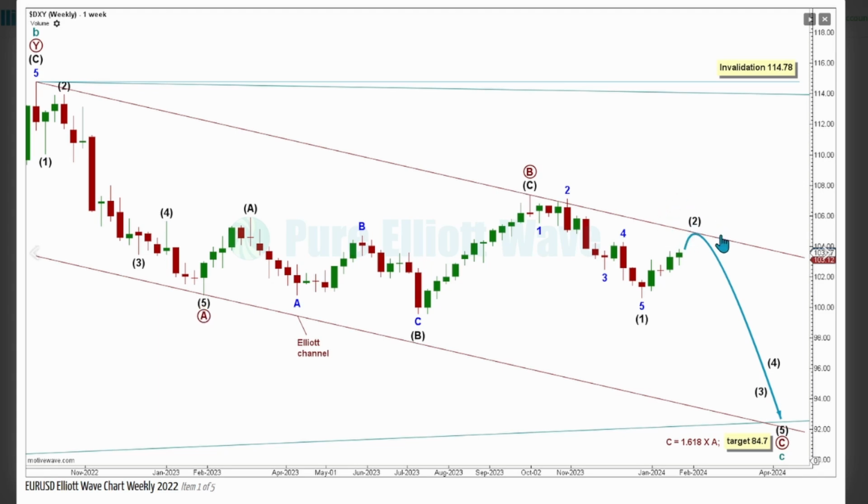When intermediate wave 2 is labeled complete, downwards movement is expected to resume for intermediate wave 3, and when price gets closer to the end of primary wave C, it may find support at the lower edge of this Elliott channel. Primary wave C has a target calculated at 84.7, the 1.618 Fibonacci ratio of primary wave A, and if price continues above the end of primary wave B, it cannot move above the start of cycle wave C at